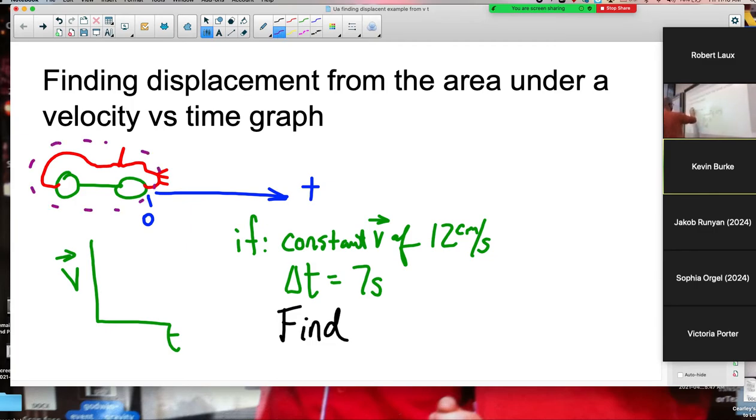I'm going to define the system with a dotted line. Notice we've marked where the 0 meter position is and that it's moving in a positive direction. Now we're going to use this to solve the displacement by using the area under the velocity versus time graph. But just as a quick reminder, our position versus time graph for this one would have looked like,